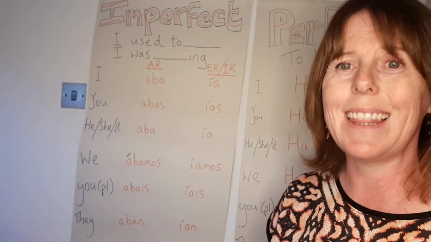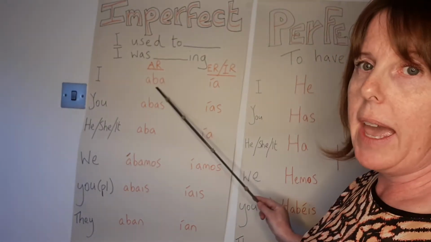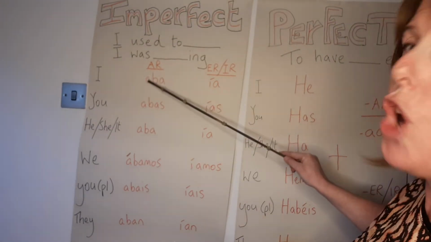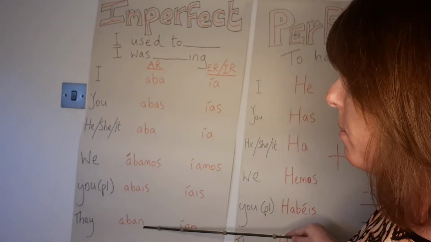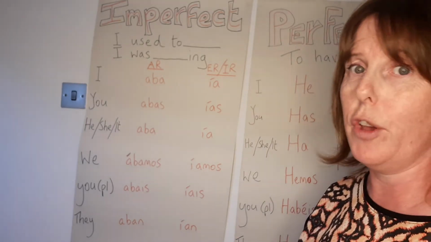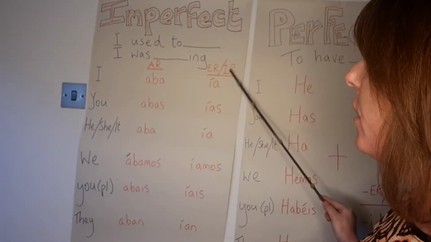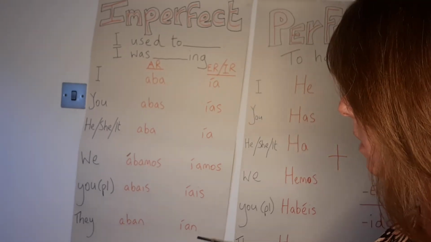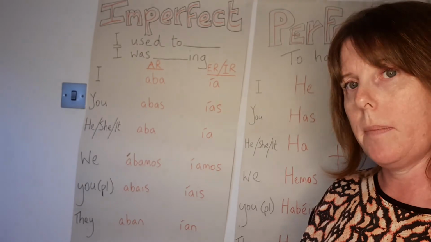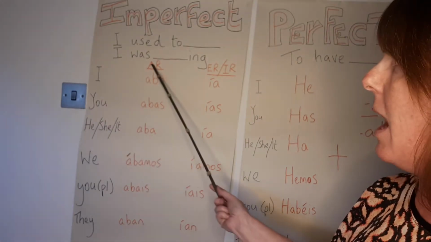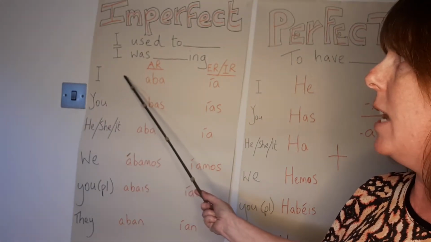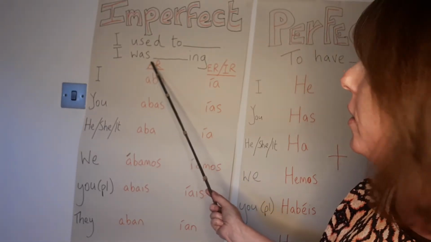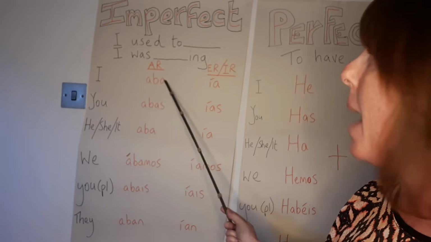Okay, and it goes like this for the AR. Start here. So for all the AR endings, you'll just knock your ending off and you'll just stick one of them on. So you knock your AR off your AR verbs, just stick one of them on. For ER and IR, they follow the same pattern. You just knock their ending off and stick all those on. And that's it, depending which one it is. So if it was AR, if you wanted to say I used to cook, you would knock your AR off cocinar, and just put cocinaba.